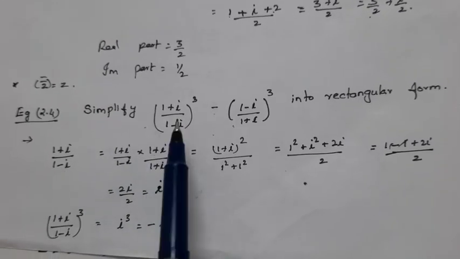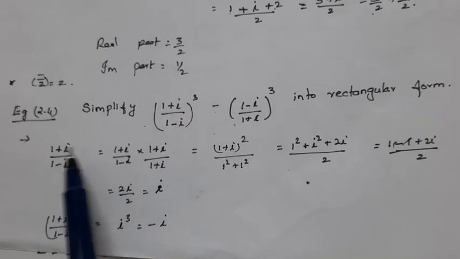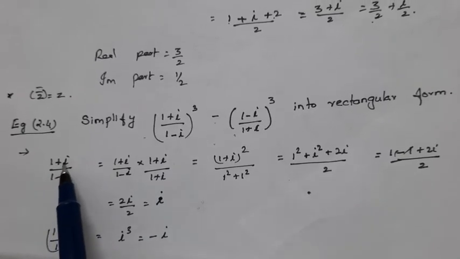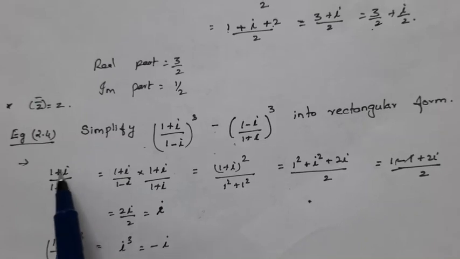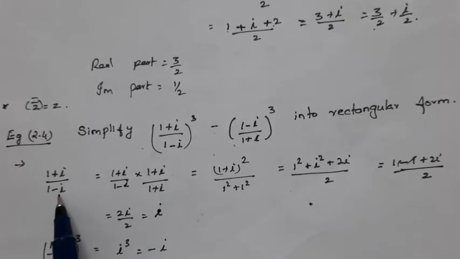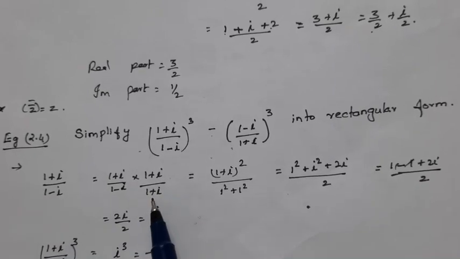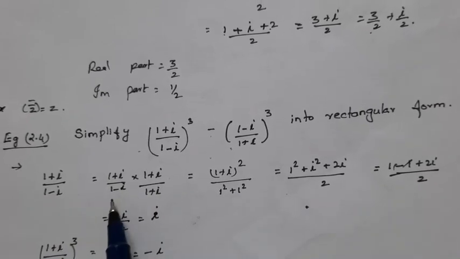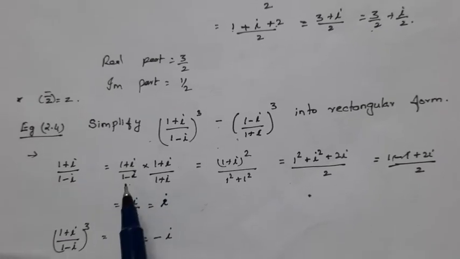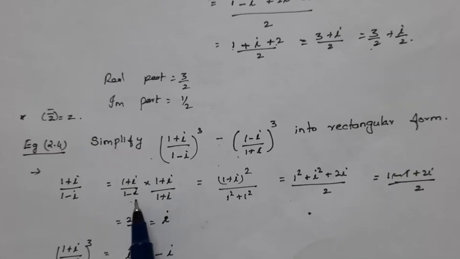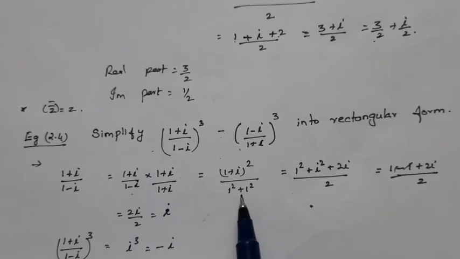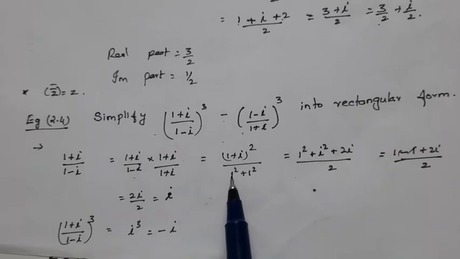So let us find out what would be the standard form of the first term inside the bracket, that is (1 + i)/(1 − i). So it is in the form z1 by z2. So in order to get the standard form, let us multiply and divide by the conjugate of the denominator. So what would be the denominator? The product of the denominators will be 1 squared plus 1 squared. So regardless of the sign, you have to take only the numbers alone. So 1 squared, imaginary part of the number alone, plus real part is 1, so 1 squared.